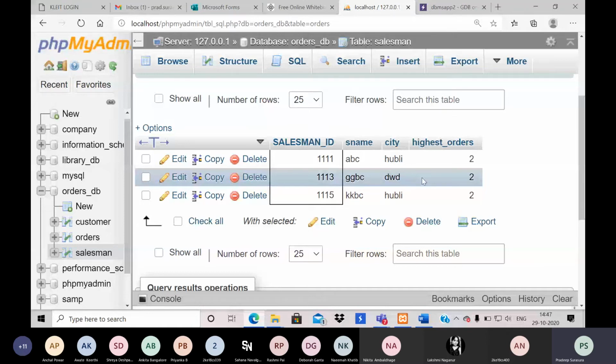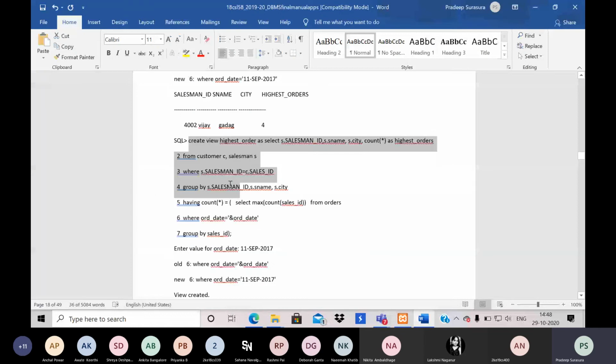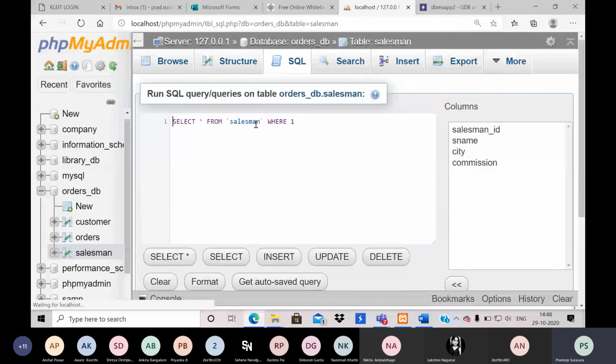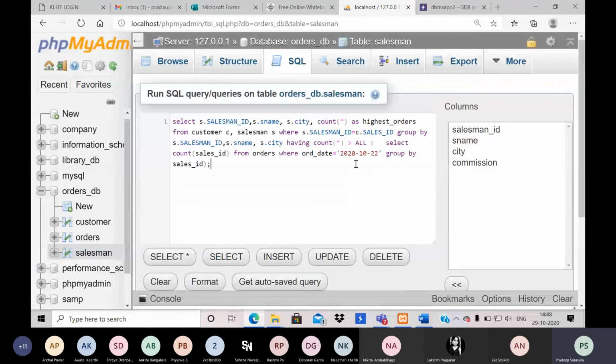Let me move on to creating a view. So this query has to be pushed to a view. Once this query executes, yes, this query was executed, right? So let me push this to a view.